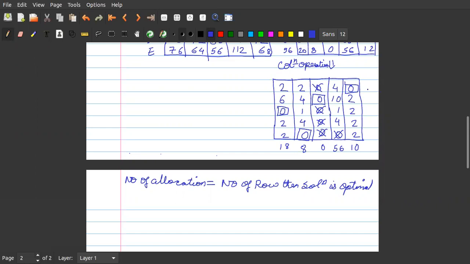Hello, am I audible, students? Yes, sir. Okay. So what we are going to do for that, we are going to create, you can do it here also, but let me create one more table here. That way it will be good for us. I'm creating another table for my reference. This is not necessary. You can do it in the same table also. Because I want to explain, that's why I'm creating one more table.